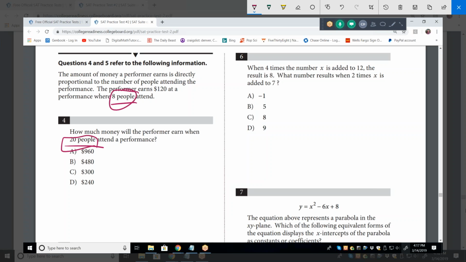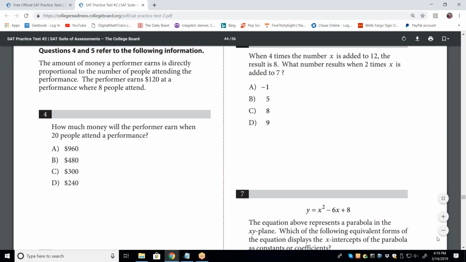Okay. Your mind works a little differently. You make that the ratio: $120 for 8 people, knowing that each person is $15. Almost like your method better. It's just that our minds approach it a little differently. Yeah. Now let me see if I can get